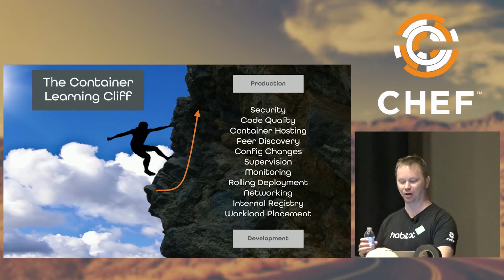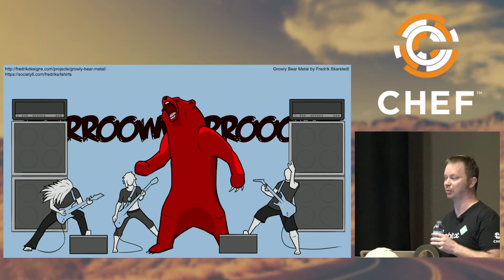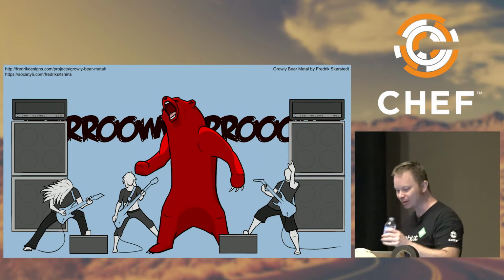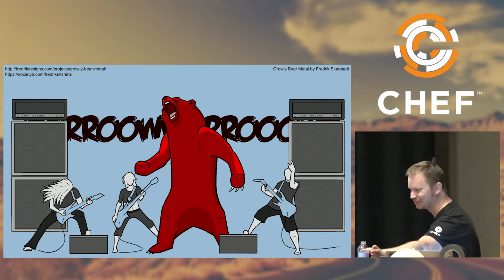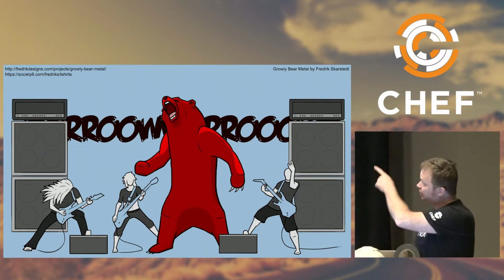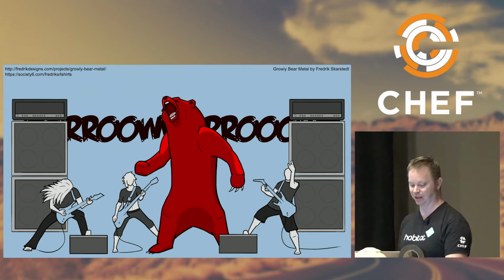And containers are our best practice, but not everybody's running containers. Some of us run our servers on bare metal. You can actually buy this T-shirt, the artist. The link is up there, and I'll make the slides available later. But I'm definitely going to get that T-shirt because that's amazing.